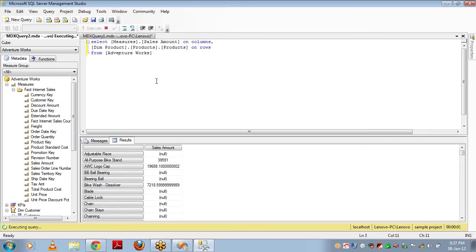If you run this, it is giving me all the products. Now my requirement is to get top count.